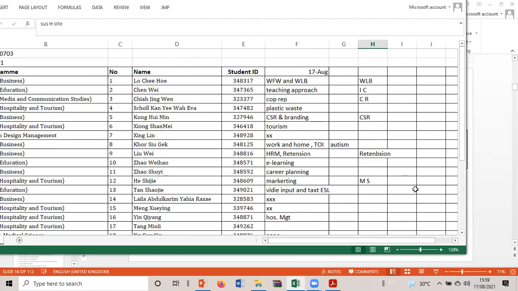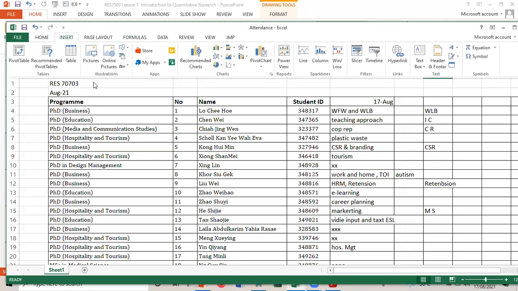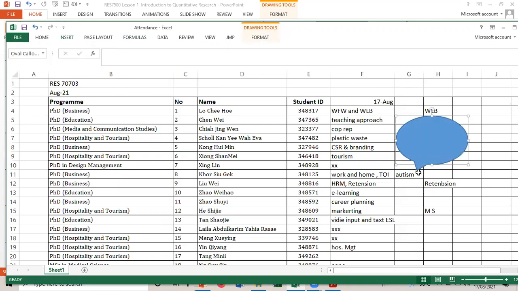All right. Now, hope you all have drawn the circle. Lo Chi Ho, how does the circle look like? Work-life balance, right? Yes, correct.